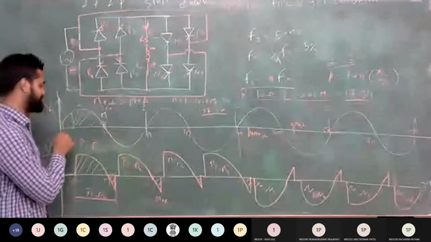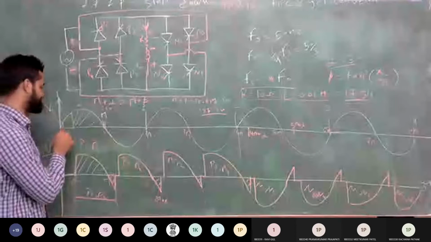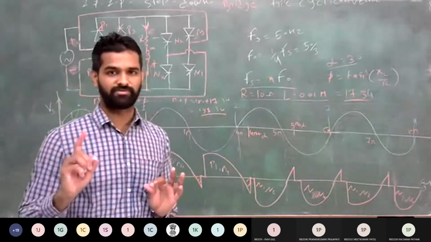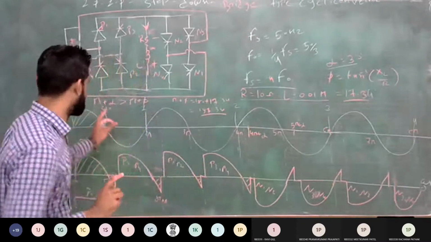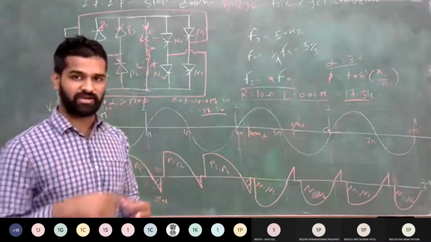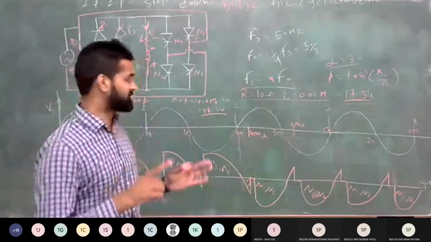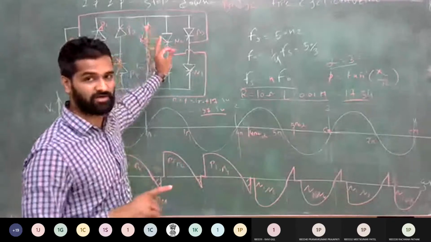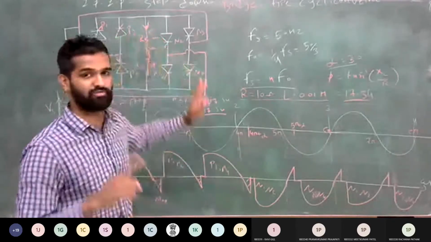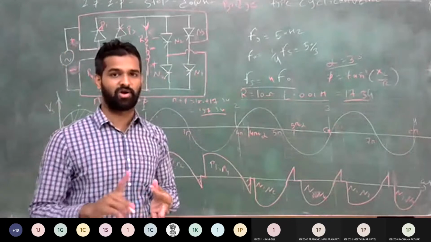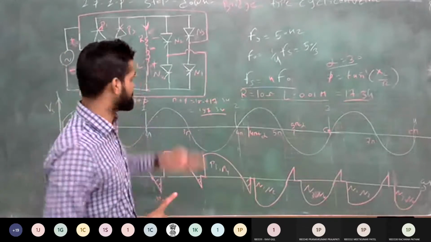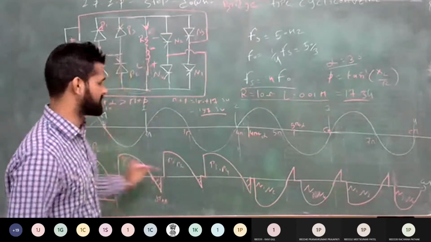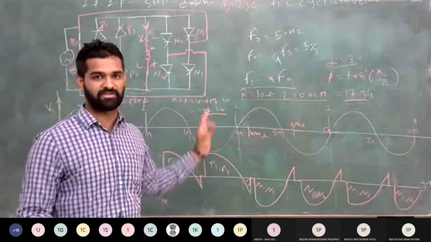But in that case, what will happen? Naturally, zero does not happen in your supply. So in that case, you require the force commutation to get positive, negative, and complete the 3 cycles in one half. Same way in the next half, you complete another 3 cycles. So again, you require the force commutation. So that is the difference between step up and step down cycloconverter. In step up cycloconverter, for turning off of the thyristor, you must require the force commutation circuit. Otherwise, you will not get the step up frequency. But in the case of step down, you will not require any extra commutation circuit, because your thyristor will naturally turn off. Clear? That is the main difference between step up and step down.